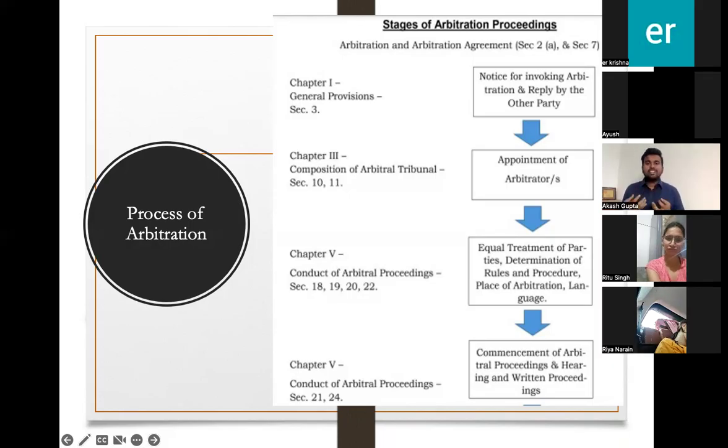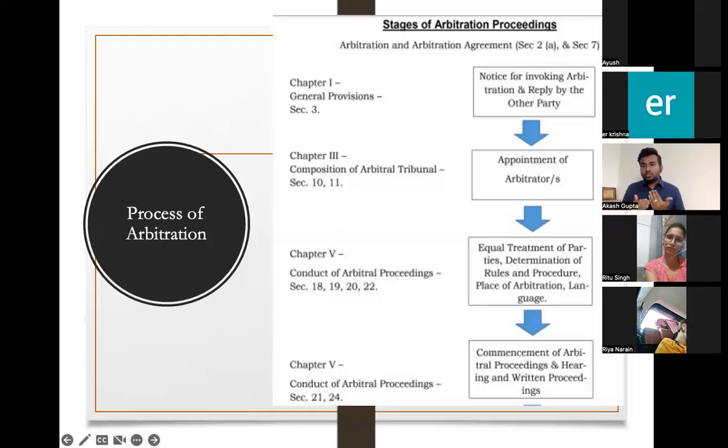But if you ask me whether there is any difference in terms of effect, validity, legality, the answer is no. Both of them are as good as each other. It's just the timing based on which it's called arbitration clause or arbitration agreement. Within the international arena, we use both of these terms interchangeably, so there is no problem with that. But the technical difference is what you and Ritu pointed out.